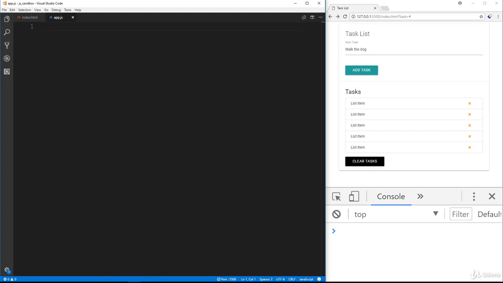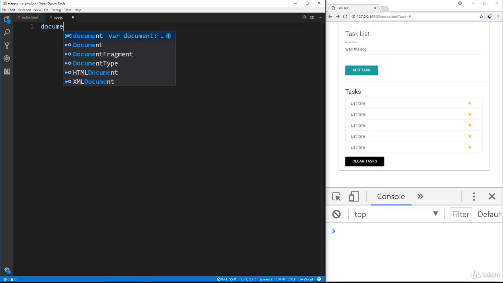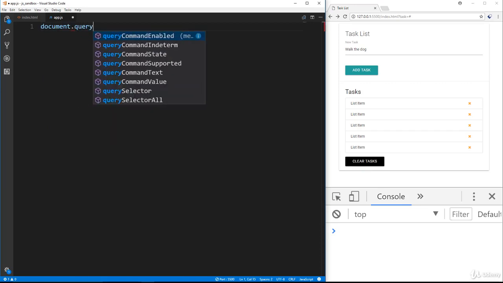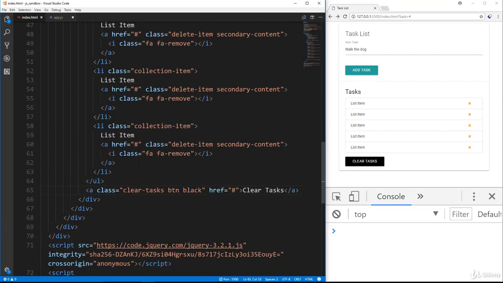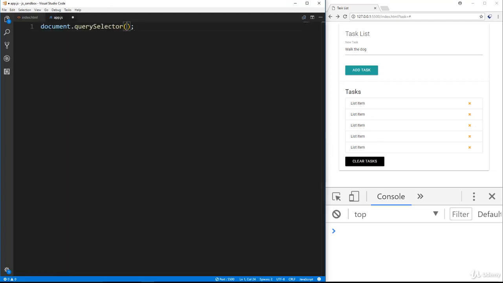Okay, so we can listen for events on absolutely any element, anything in the DOM. So we're going to choose to add an event listener onto this clear task button, just so I can give you a quick example. Alright, so we first need to select it, so we'll use one of our selectors. We're going to use query selector, which is mostly what I'll use in this course. And if we look at the HTML, you can see that it has a class of clear tasks, so we'll just have to throw in here dot clear task